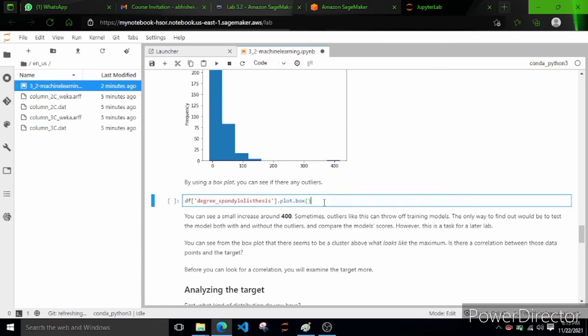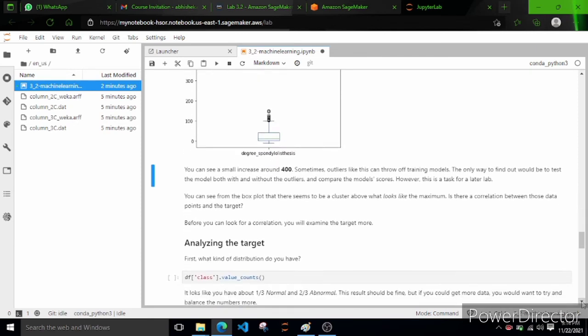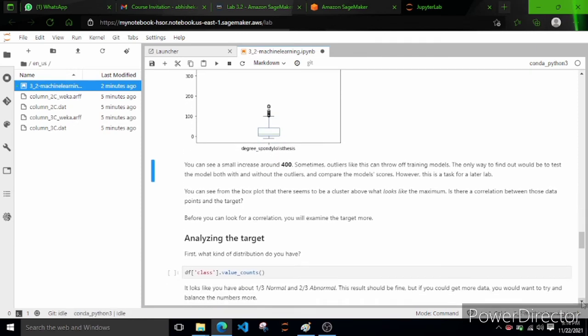Now this is known as a box and whisker plot, and it is a very famous plot. At the top, the circle, that is an outlier. That outlier is not going to contribute to our main output, and this plot helps to identify that it is an outlier and we need to get rid of it. So these are the things you are going to learn in this exploring data lab. Let's move on and see how to analyze the target.